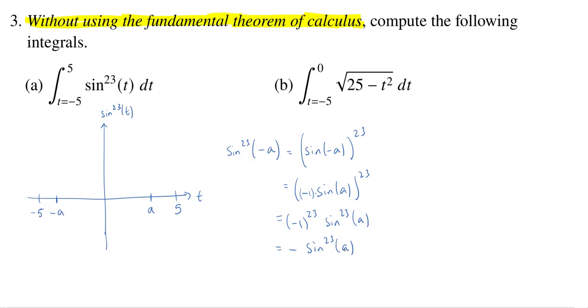So this tells me that no matter what value I put in here for a, when I put the negative of it, it's going to give me the exact same value out except flipped. It'll give me a negative. So if my a gave me a sine to the 23rd that was positive, my -a would give me one that was negative. So whatever this graph has to look like, and who knows what it's looking like,